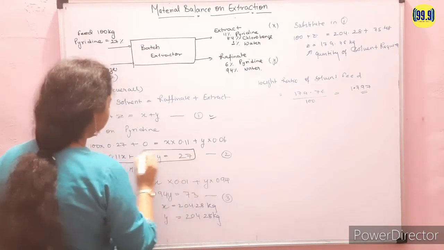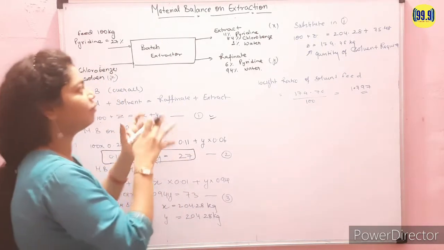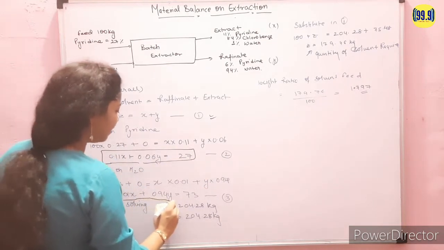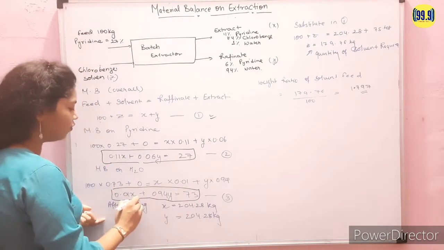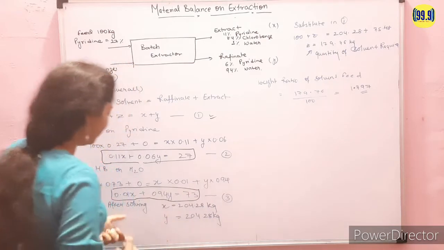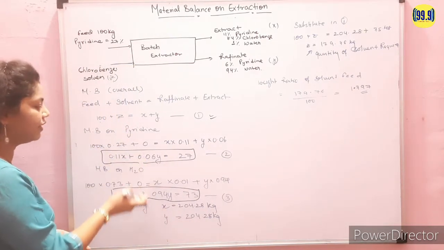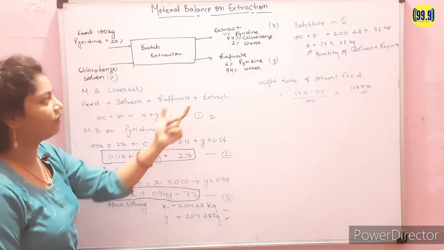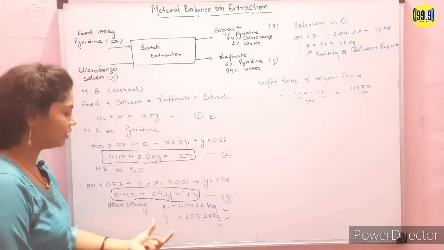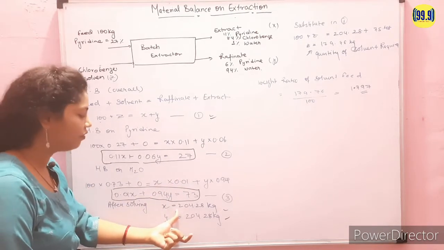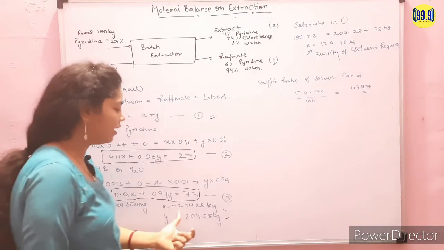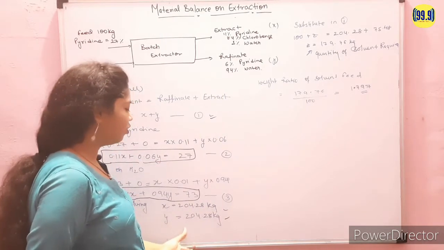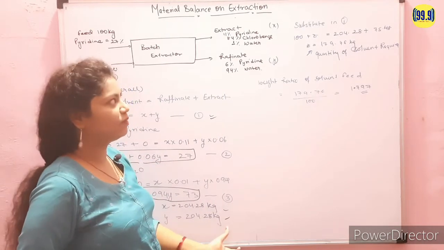ये हमारी इक्वेशन नंबर 2 हो गई। इसी तरीके से मटेरियल बैलेंस हम वाटर पे लगाएंगे। तो वाटर पे लगाने के बाद जो हमारी इक्वेशन आएगी वो फिर से x और y के टर्म्स में आएगी, वो इक्वेशन ये होगी 0.01x + 0.94y = 73। So by solving equations 1, 2 and 3 we simply get the value of x and y, that is the quantity of raffinate phase and the quantity of extract phase, that is x is equal to, if we talk about the extract phase, quantity of extract phase that is 204.28 kg, and for the quantity of raffinate phase that is y is equal to 204.28 kg, ठीक है।